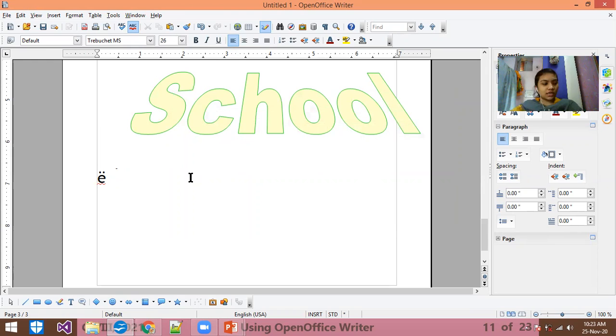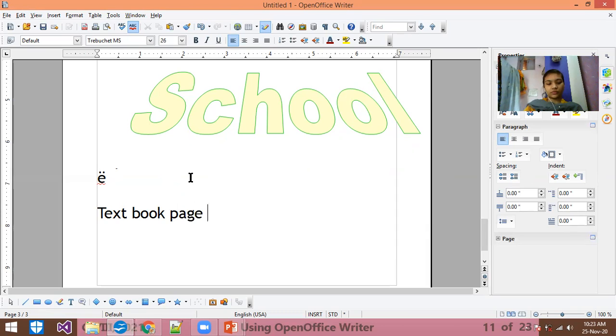Now it's time for the task. I'm giving you one task for the font work gallery. How do you have to perform a font work gallery on page number 33 of your textbook? There is already one task given to you in the learning by doing. Learning by doing का जो है पेज नंबर 33 आपके टेक्स्ट बुक में, in the textbook page number 33 में आपको लर्निंग बाय डूइंग दिया हुआ है. वो टास्क आपको पहले तो परफॉर्म करना है.